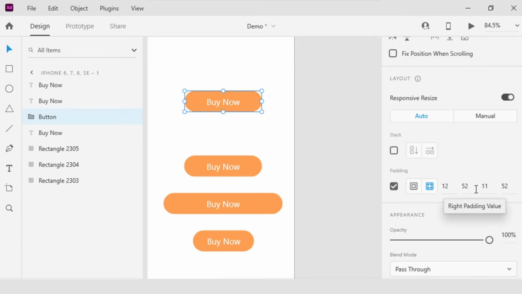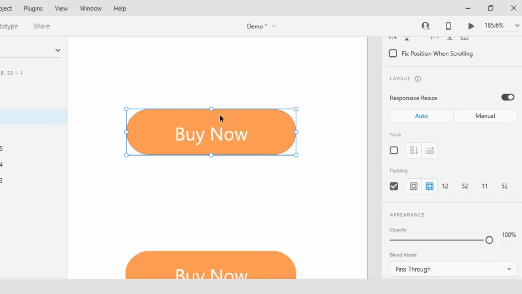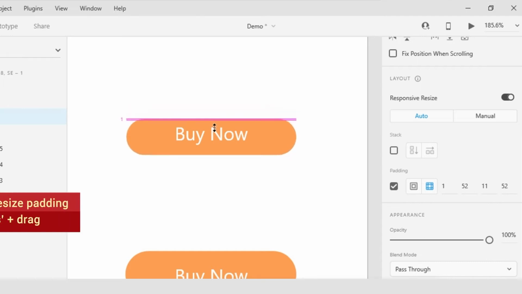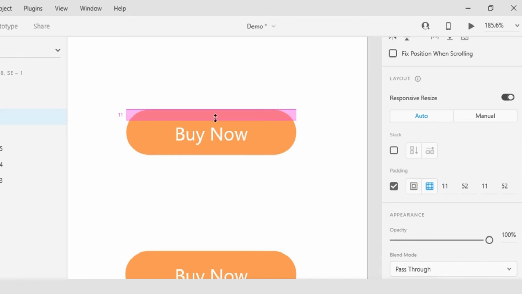So pretty good, but I actually want to adjust my design because I didn't quite afford enough padding consistently on the top and the bottom. So I'll go ahead and zoom in a little bit more tightly so that I can see the details. There's a way to visually adjust padding for a group of objects that's pretty fun. So I'm going to click off here, and then on the keyboard I'm going to hold down the letter S and hover over the object. As I hover over to select it here, I'm going to click once to select it.